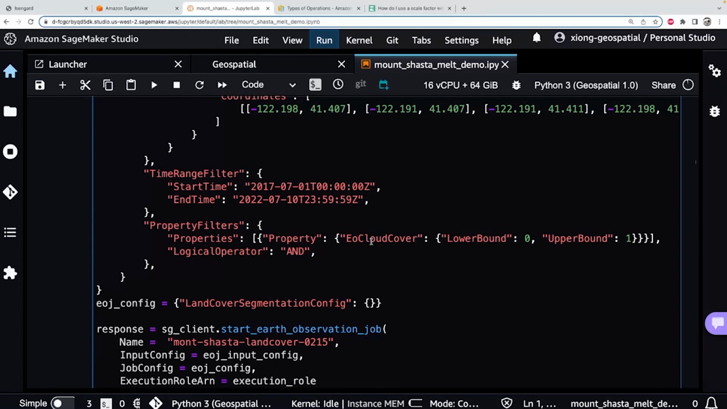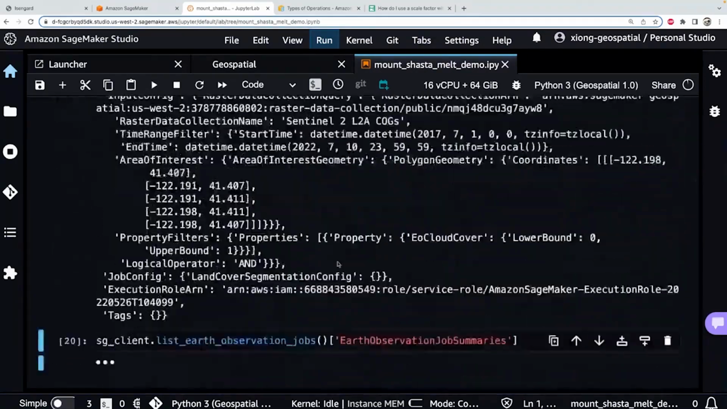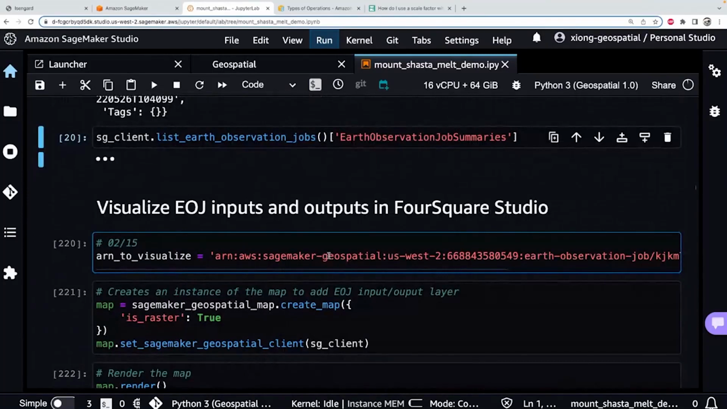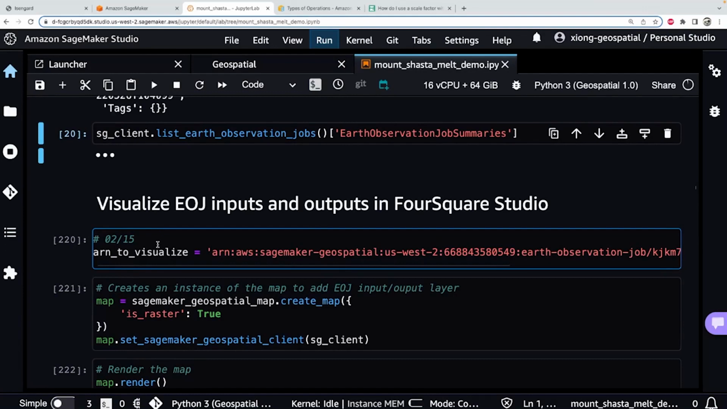Once the model runs through the data, you will save the results into S3, making it easily accessible for further analysis. Considering the scope and the complexity of the work being done here, the efficiency of SageMaker Geospatial is quite impressive. So once the job is marked as done, we can visualize the results using the integrated Foursquare Studio, which is an interactive map you can use within the notebook itself. Since the job we just launched will take an hour to finish, I will pick a job I ran before